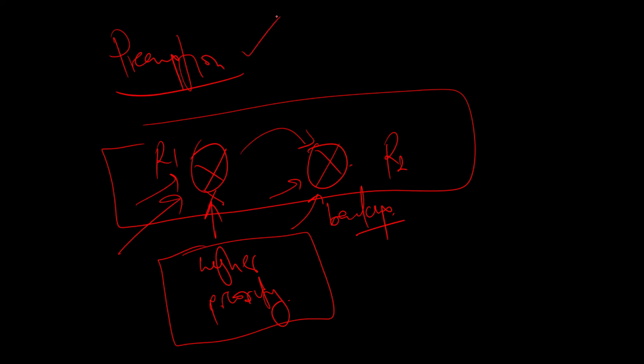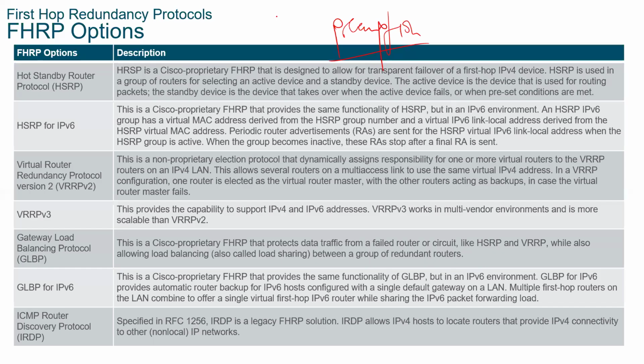That process, do you know, is preemption. So most of my redundancy protocols have that feature, which allows higher priority routers to take back my privileges as the active router. Right. Then we talk of